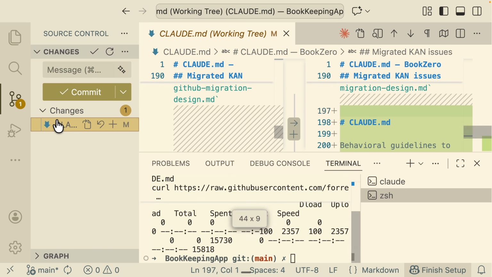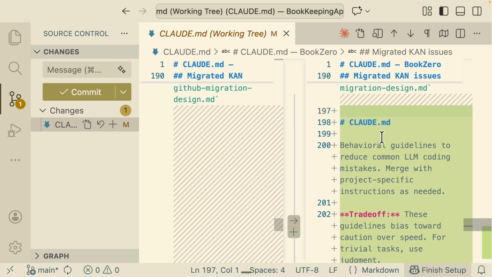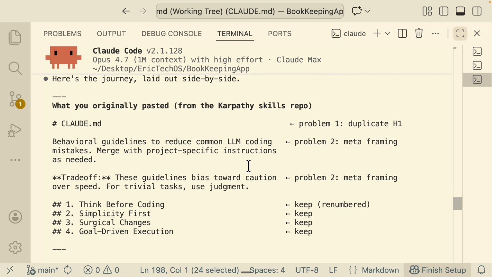So now if I open the git diff, here you can see the changes that it has applied. And for most of you guys, you probably already have your Claude.md file or your existing project. By installing it, it might have some contradiction or conflict with your existing rules. So what I highly recommend is to tell Claude Code to modify your Claude.md file once you paste those 4 principles, to see if there are any contradictions, any conflicts, anything that's not following what you have in your Claude.md file. Like, try to merge the conflicts that you have.